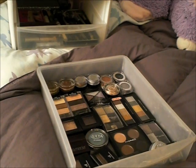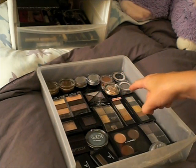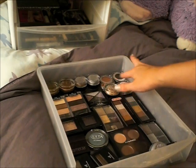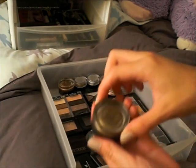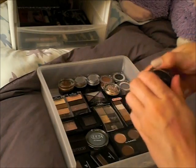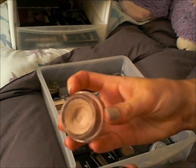So in the second drawer, I have all eyeshadows, and in the back, I have all of my cream products as well as my L'Oreal Infallible eyeshadows, which are here, but they're all the same size, so I thought they would fit nicely back there. First, I have my MAC Paint Pot in Genuine Treasure, my MAC Paint Pot in Constructivist,